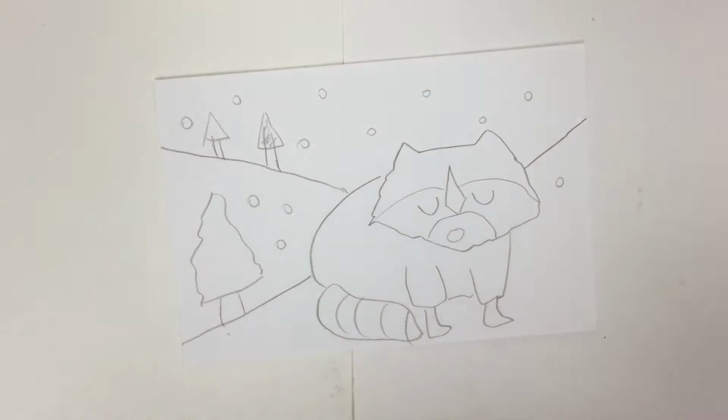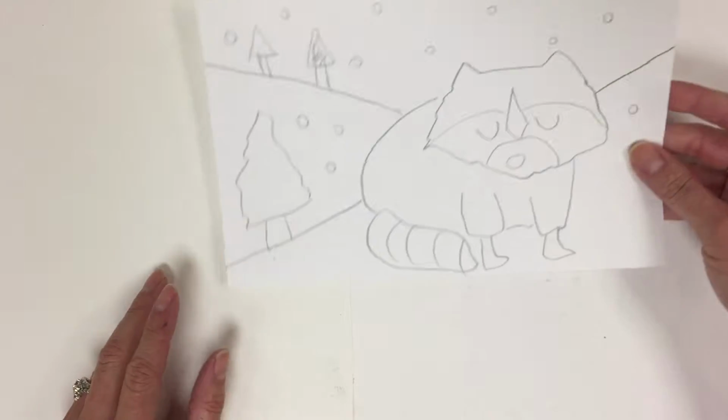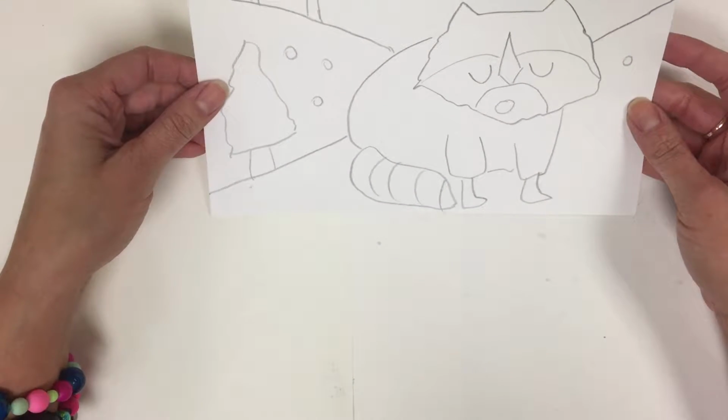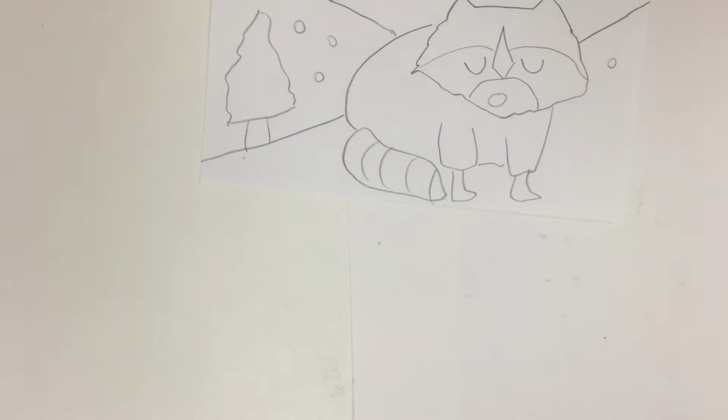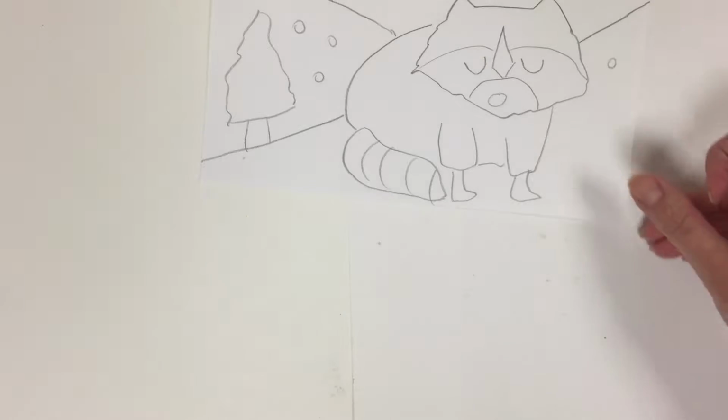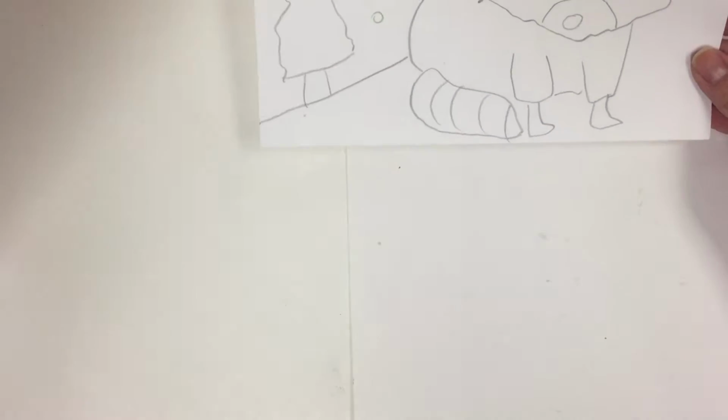Okay, so once you have your image figured out on the 6x9 paper, you're ready to transfer it to your foam stamp. I'm going to be pretty particular about giving you your foam stamp because I want to make sure that I have enough for everyone, so you just get one of those. So once you're ready, you'll bring up your sketch, I'll take a look at it,